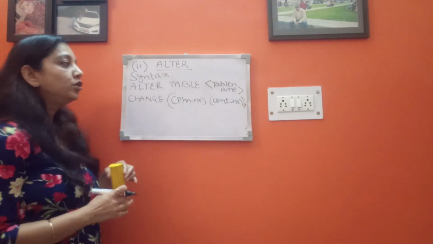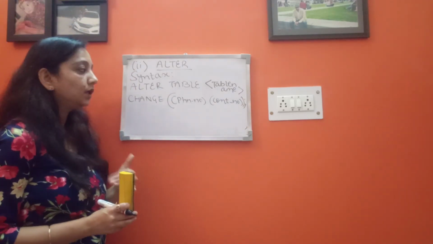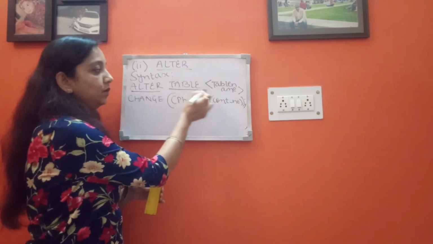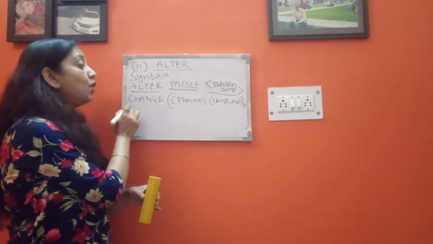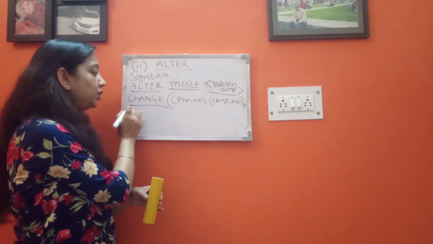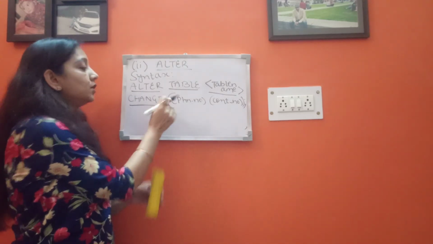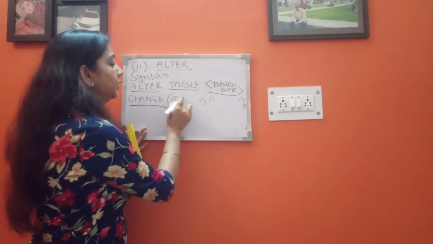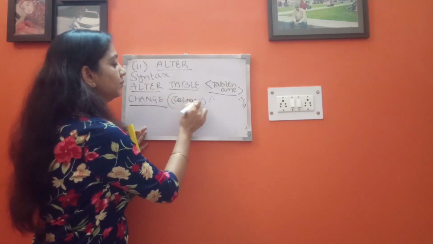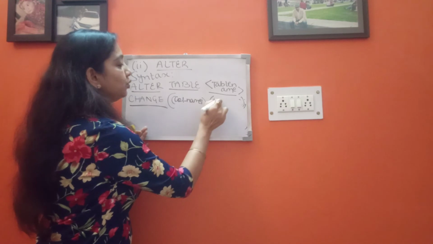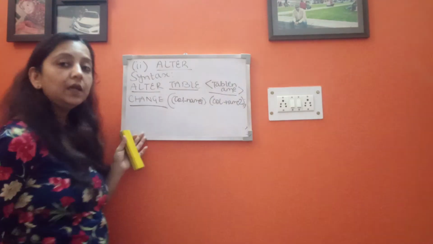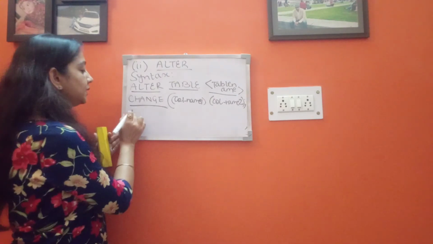That means if I want to change a specific column's name to some other name, I will write the keyword alter. What do I want to alter? Table. What is the name of that particular table? What alteration do I want to do? I want to change the column name. I will write the change keyword, the column name which has to be changed, and the new name which will be there after the change.